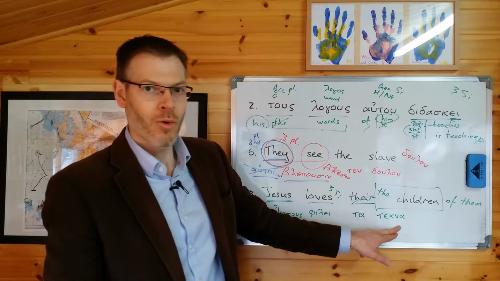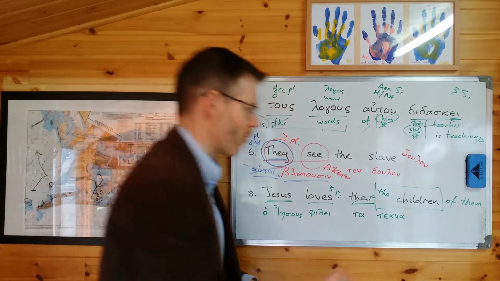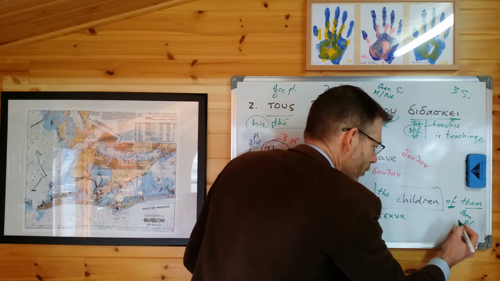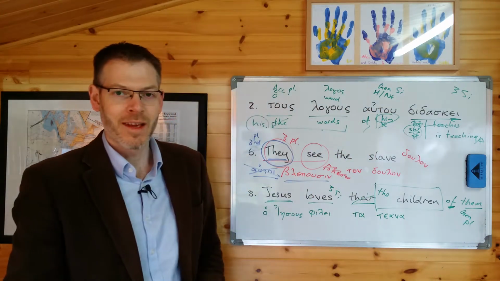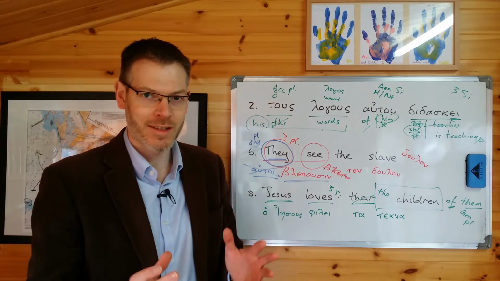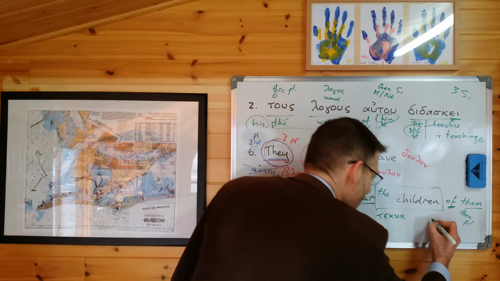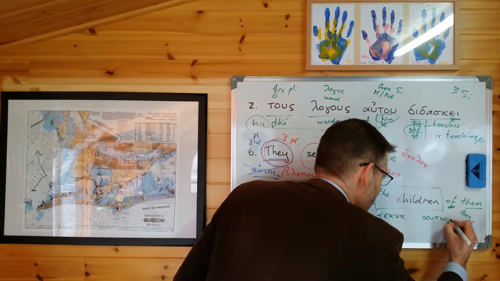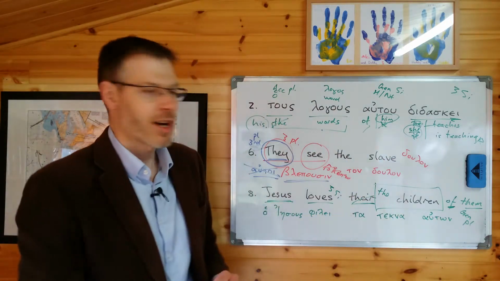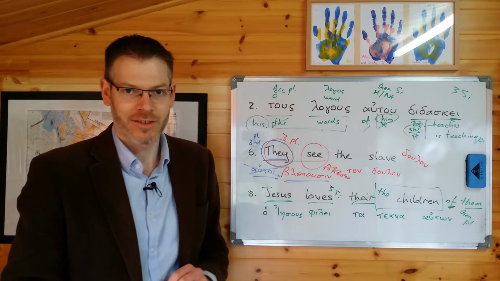Jesus loves the children. Well, how do we write the children of them? That is to say, how do we write their children? That's easy. We want the of, genitive, them, plural, third person pronoun. So it's third person plural, and in the masculine, neuter, and feminine forms, the genitive plural is always the same. It's auton, and we write that like this. Auton, ho Iesus philei ta tekna auton. So that is the translation of Jesus loves their children. Jesus loves the children of them.